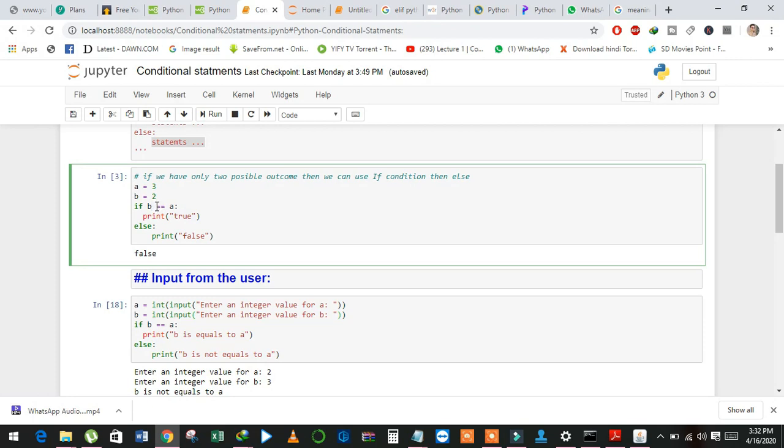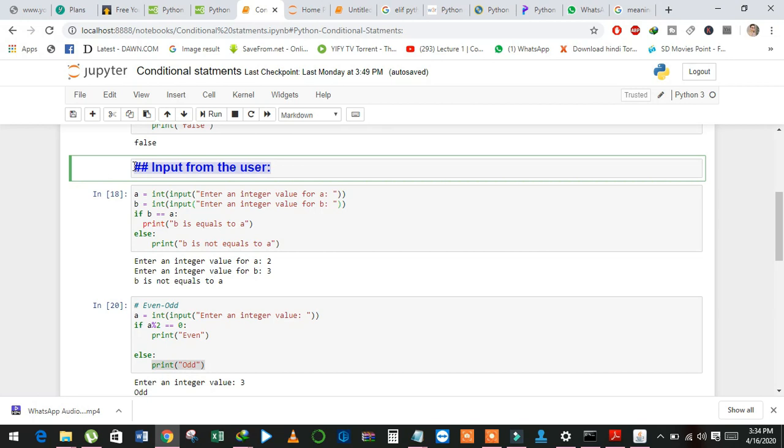And see here, to check equality we use double equal, and to assign a value we use single equal. In the else part we print false. If the statement is not true, then execute the else part and print false. And because a has a value greater than b, that's why it prints false.